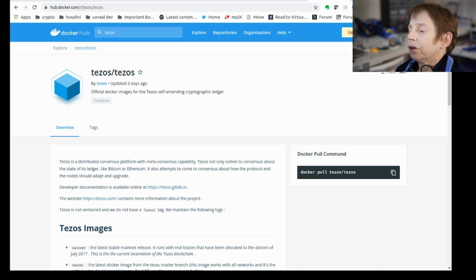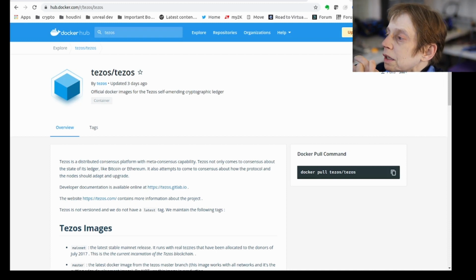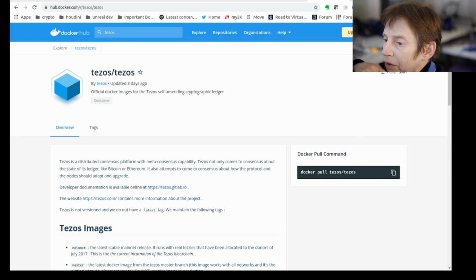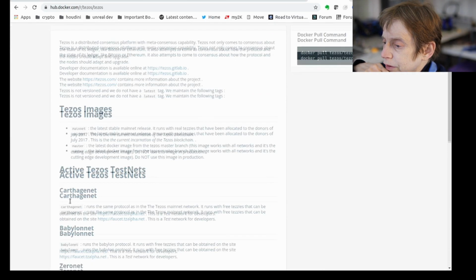Once you have Docker on your machine, you need to get the software. And Tezos makes it very easy. Basically, you get one of these Docker pulls. Very simple, the Docker application, and you pull it. It also conveniently goes through all the information,